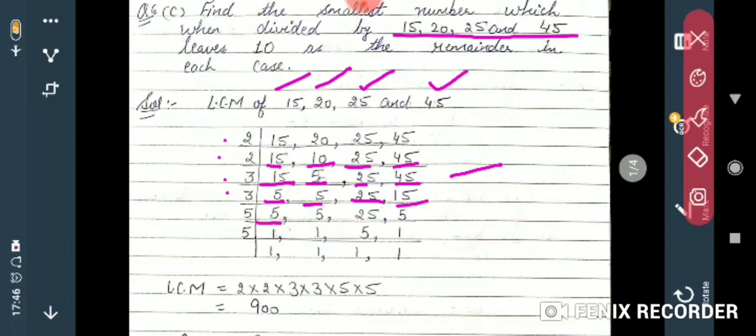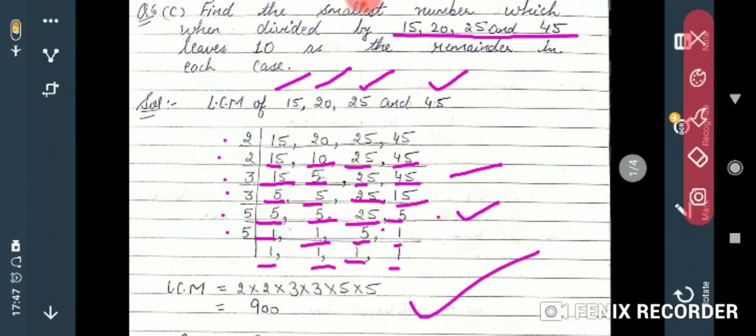Again we will do with 3. So 5, 5, 25 no. Yes, 15 is divisible by 3. 3 5s are 15. Then these digits are not divisible by 3. Just see 5, 5, 25, 5. So this is divisible by only 5. So 5 1s are 5, 5 1s are 5, 5 5s are 25 and 5 1s are 5. Again single 5 is left, so we will divide it by 5. 1, 1, then 5 1s are 5.